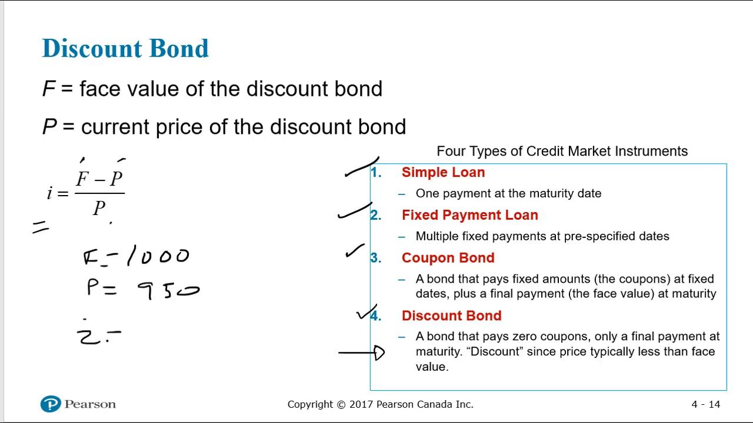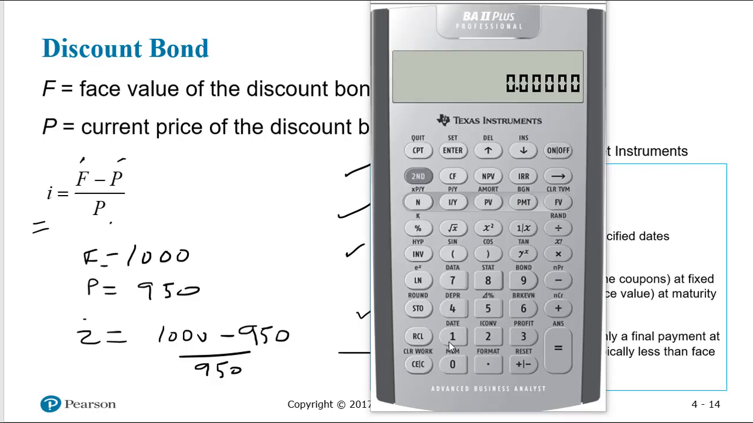How do we calculate the i? It's just going to be 1,000 minus 950 divided by 950. Okay, so if we just bring up the financial calculator. So we have 1,000 minus 950 divided by 950, and that gives us a yield of